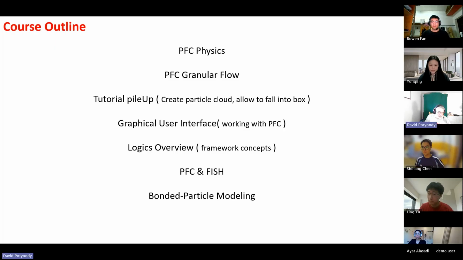And so today the plan is to talk about PFC physics, which is my view of the essential things you should understand if you're going to be using PFC. We're not going to talk about granular flow. And then we're going to essentially spend time just